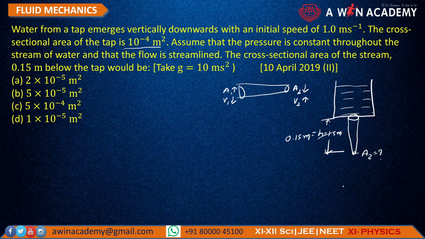A2 बताना है। और यहाँ का एरिया जो होल है वहाँ एरिया दिया है 10 raised to -4 मीटर स्क्वायर and velocity it is also given, this is 1 meter per second।